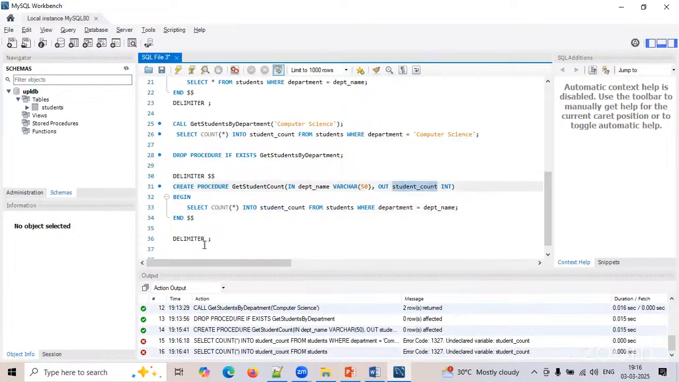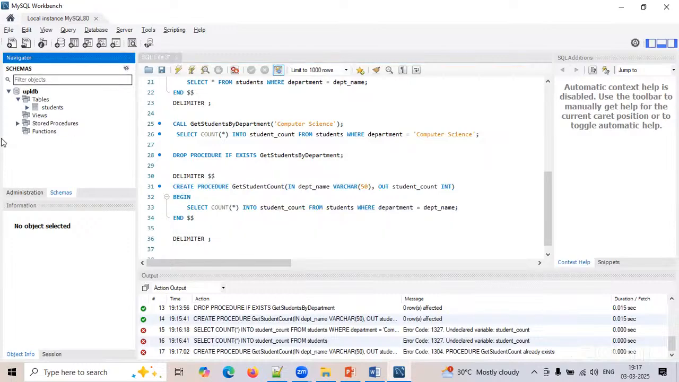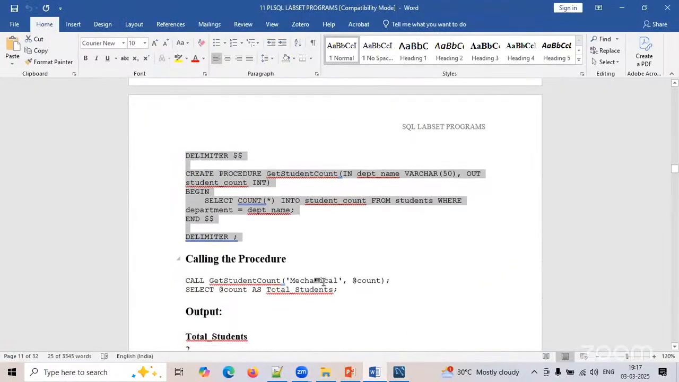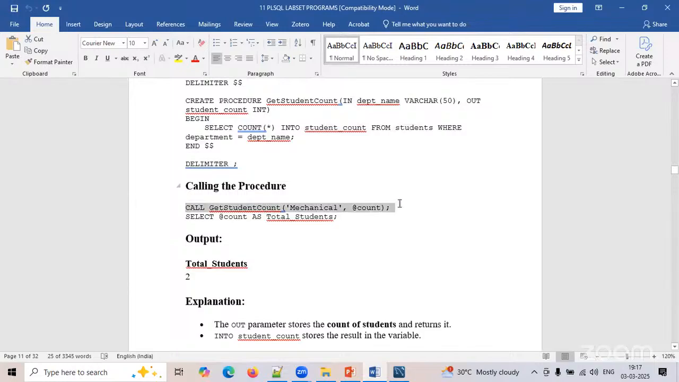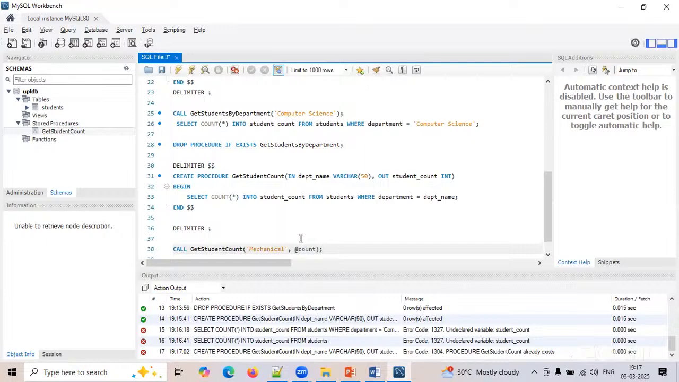Student count. So if I try to write this as a procedure, what happened? Already exists. Right? So let me go here. Students count is there. Now, once this is done, if I want to execute, what is the input variable? Mechanical and at count. So you have to store this value, count,